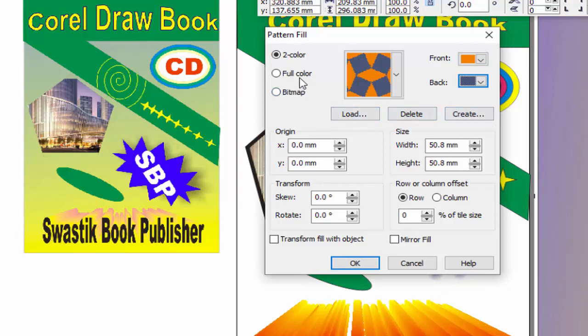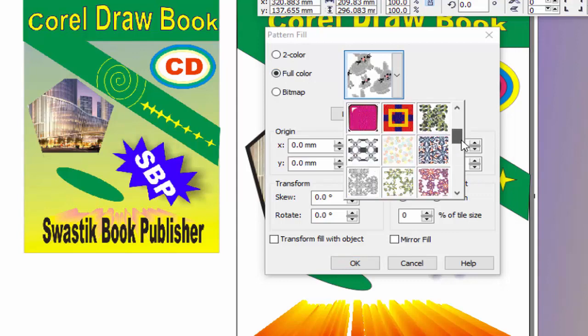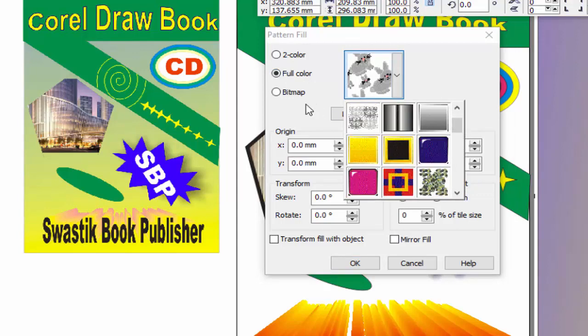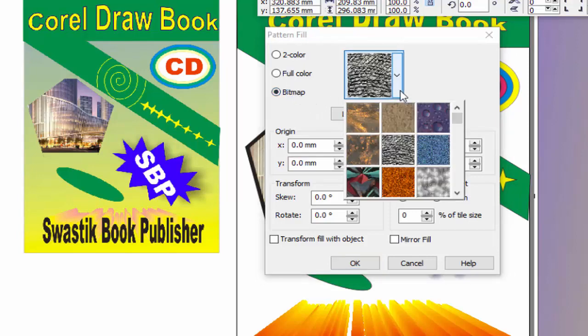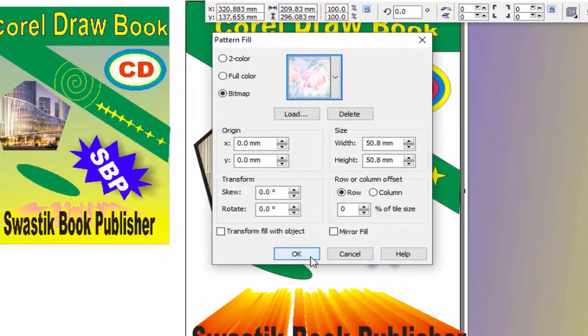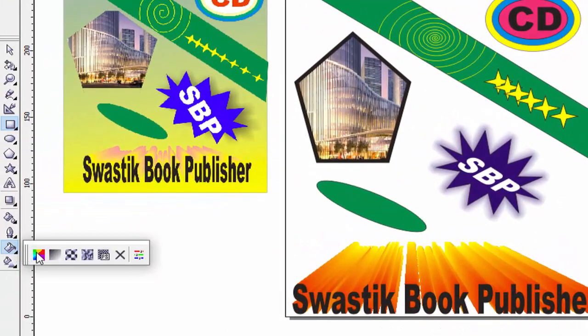These are different patterns which you can select according to your requirement, and these are bitmap images you can select from here. So any color you can fill in your rectangle or any shape.